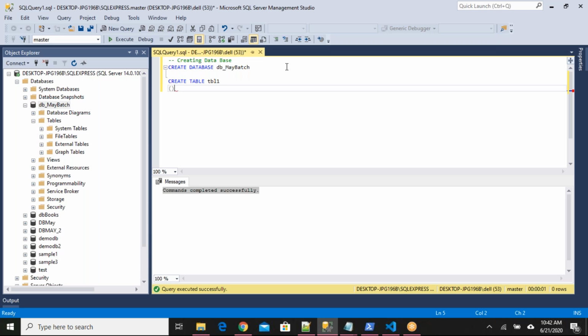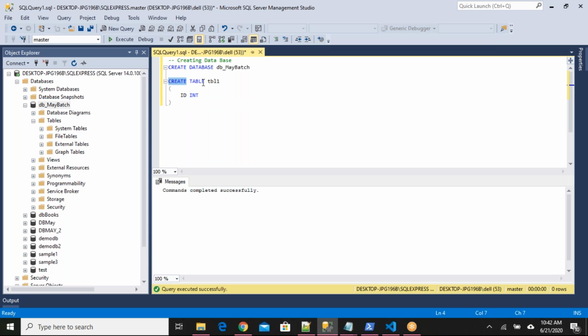Let's say ID int. Only one column I have taken, and I'm trying to create one table here. Its name is TBL1. Assume that this is the syntax for creating a table.